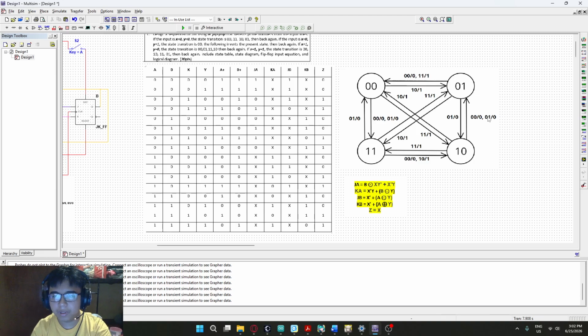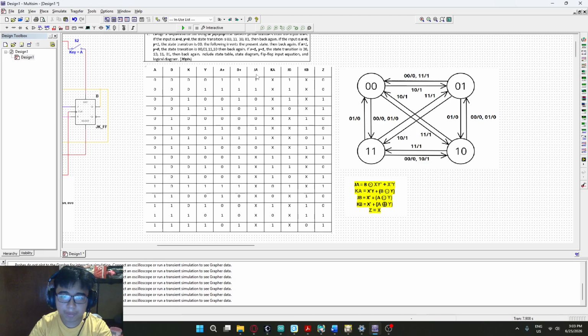Now let's take for example 1, 0 with an input of 1, 0 as well. As we can see, from 1, 0 we go to 0, 0 to 0, 1 to 1, 1, and then back to 1, 0, all with having an output of 1. And then we derive this state table using that. And then as we can see, z here is only 1 whenever x and y is equal to 1, 0 or 1, 1, or min terms 2 and 3, which are the only two prime numbers in a 2-bit input,